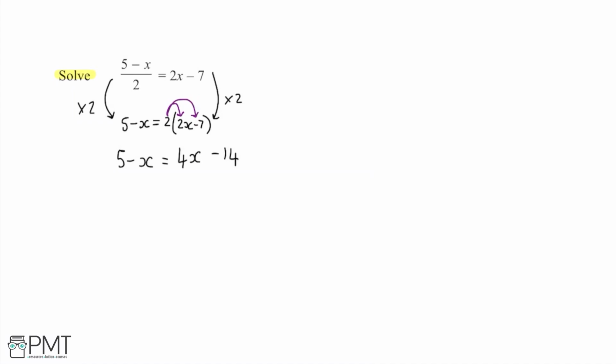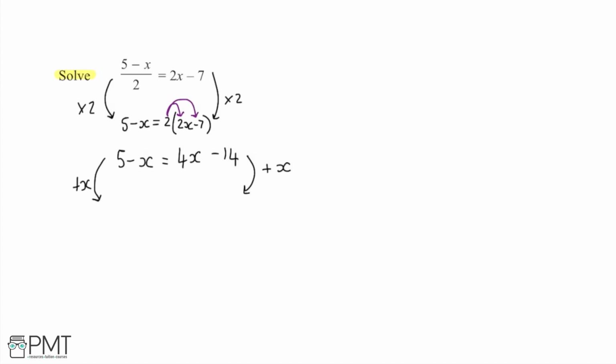So I kind of now want to get all of my x terms onto one side and all of my numerical values onto the other side so that I can calculate a value for x. So if I want to collect my x terms together, I have a negative x on this side, so if I were to add an x to this side, I would end up with just 5 left over. So I'm going to add on x to both sides of my expression,